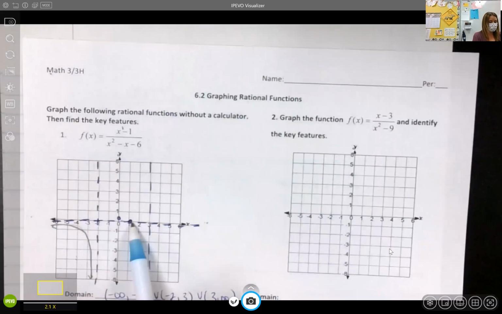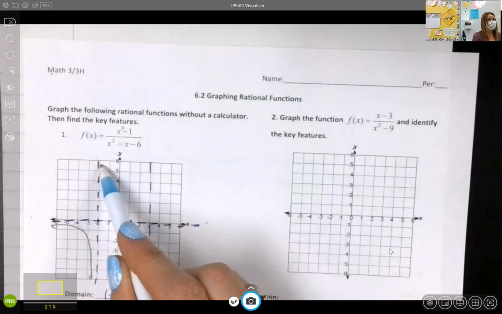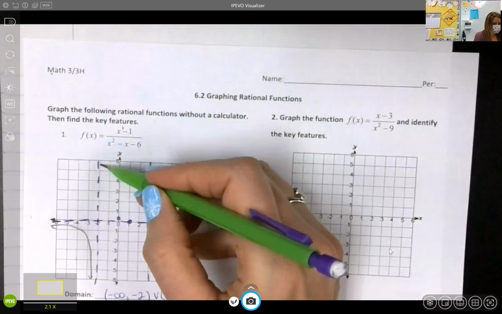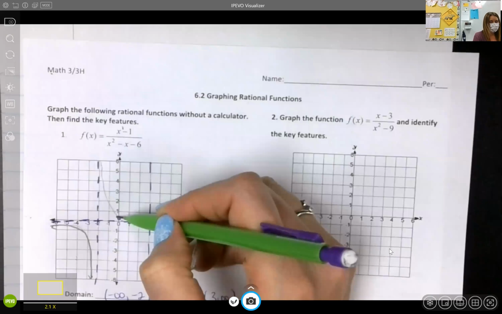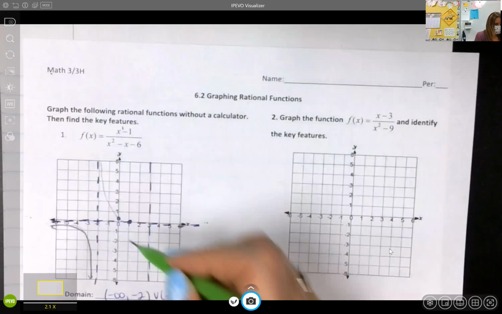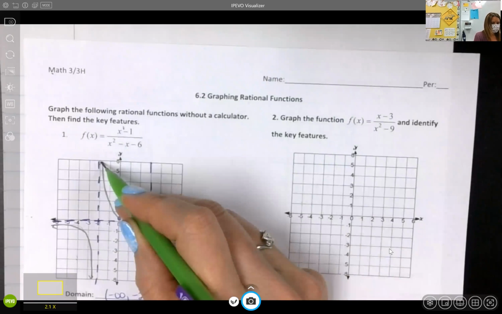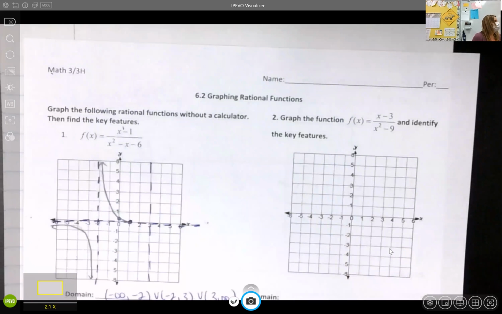So it's going to start next to the asymptote up here. It always is going to be next to the asymptote, okay? And it's going to come down and it's going to hit the y-intercept, and then it's going to hit the x-intercept. Okay? So it's going to start positive up here. It's above the x-axis. It's going to come down and cross the y-axis